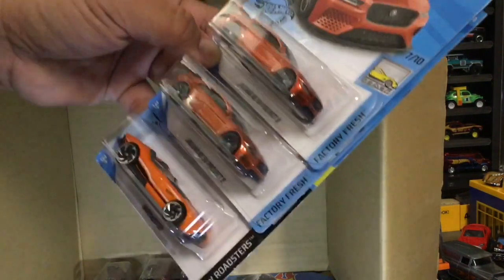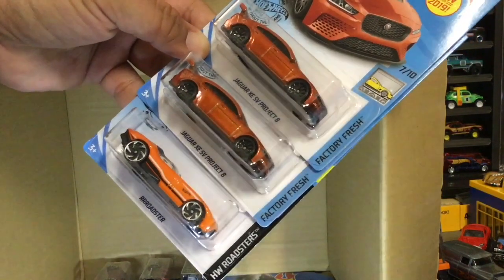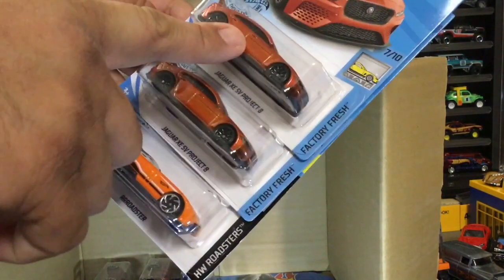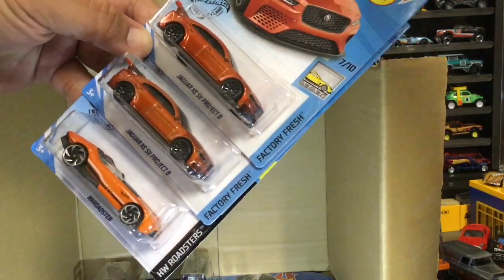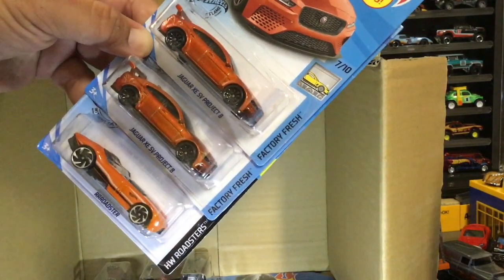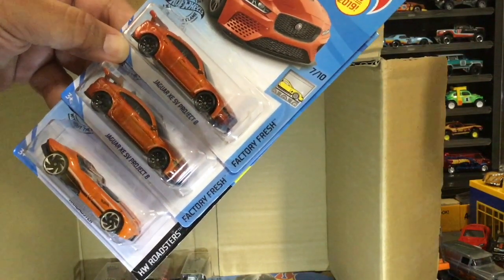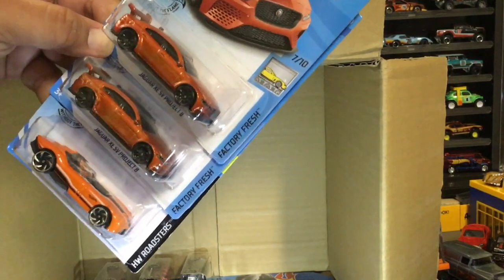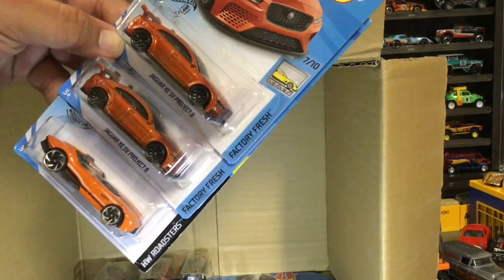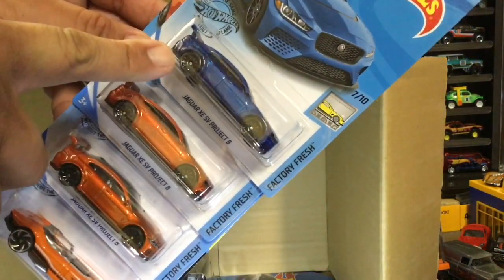Blackmail. Okay, so a Jaguar XE SV Project 8. Wow, this is pretty nice, the mainline release. Hand me that other one. Which one? The blue one, right on the bottom. This one, in the stack? Oh, it's on the bottom. I believe just the bottom. Just one. Oh yeah. Okay, I believe this one is the...